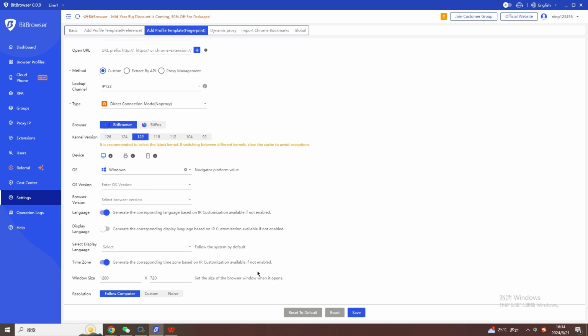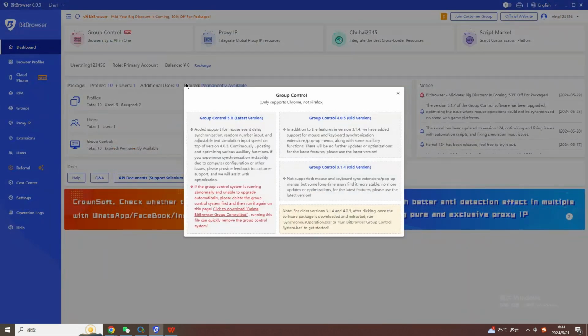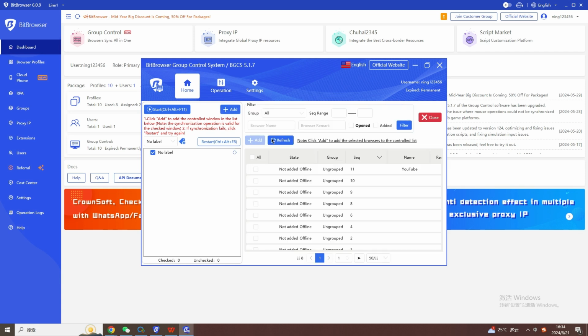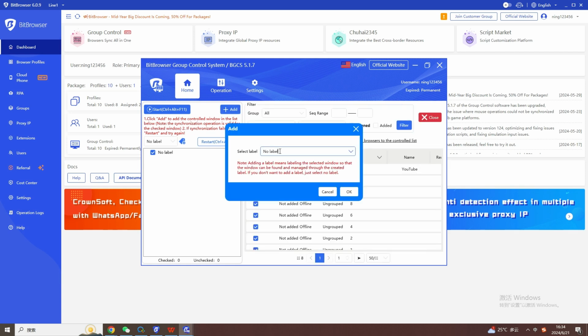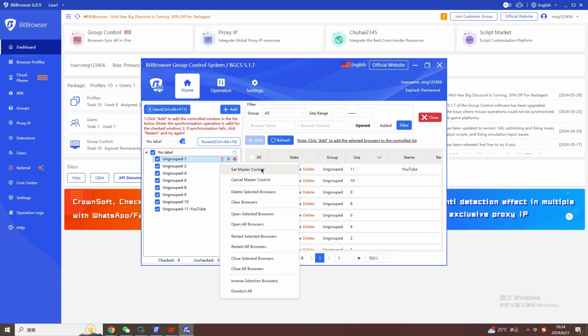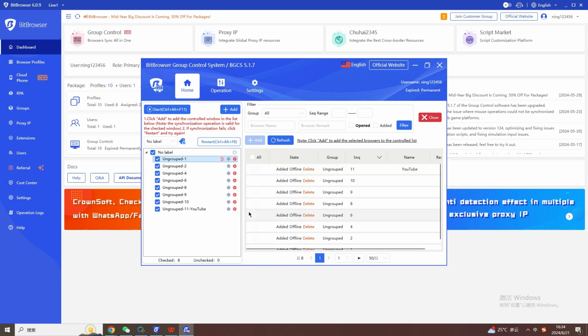By using the group control management function of BitBrowser, you can open multiple windows at the same time, synchronize mouse and keyboard operations, effectively avoid repetitive work, publish all content with one click, and reply to messages uniformly, etc., to